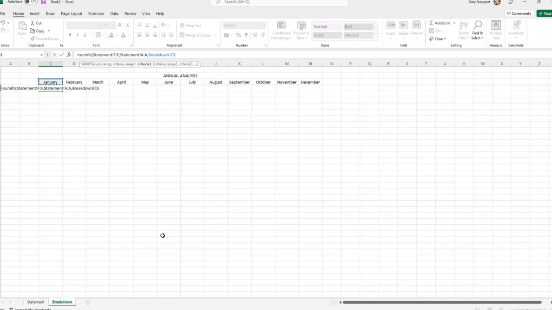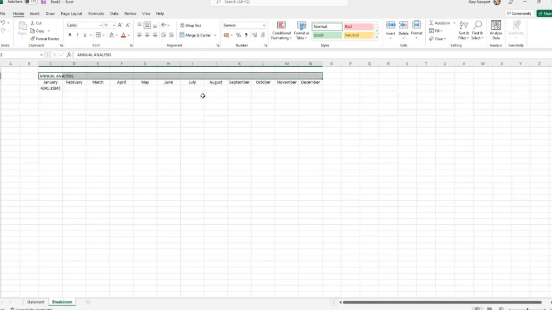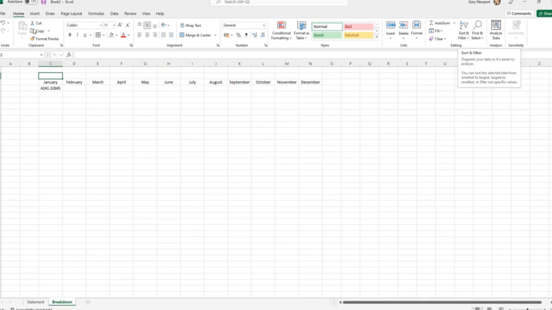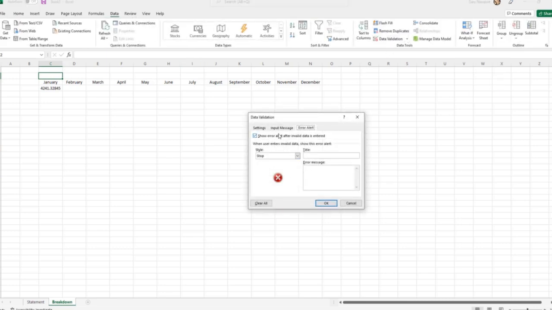Now we don't have our second criteria yet, so let's get that sorted. I'm just going to close the brackets, press enter. We still get our 4241. Now what I'm going to do here is I'm going to unmerge this by just clicking there. I'm going to delete that part there, and we will create a basic list here. It's not going to be anything flash, so go to data validation, and because this is a new system, settings